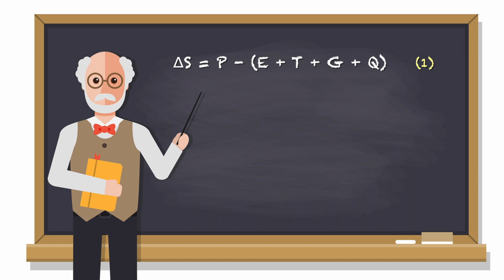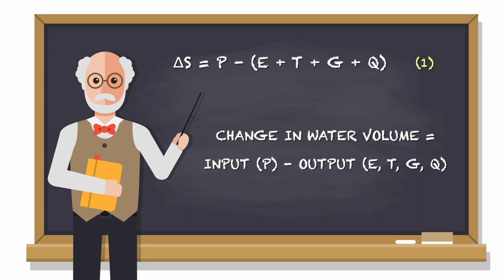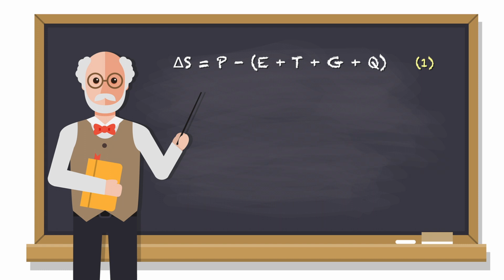Equation 1 states that within a given time span, the change in water volume remaining in storage in a catchment is the difference between the input, precipitation, and the sum of all the outputs: evaporation, evapotranspiration, groundwater outflow, and surface runoff. In hydrologic practice, the terms of equation 1 are expressed in units of water depth, that is, a water volume uniformly distributed over the catchment area. Under equilibrium conditions, delta S is equal to 0, and equation 1 reduces to